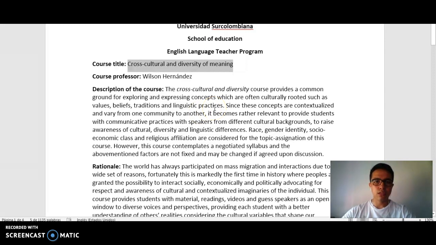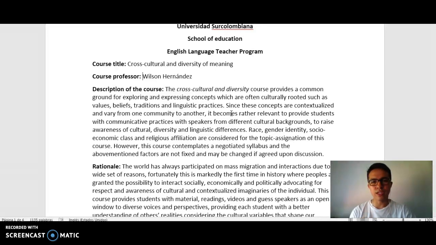I found something very interesting, and I think this can be fundamental for teaching our students in Colombia, not just telling them how to stand or how to participate in conversations with people from all over the world, and some of the basic principles of cross-cultural and diversity interactions, which are to respect and accept each other's ideas. But I think what we can focus on in teaching cross-cultural and diversity of meaning in our Colombian reality, and with the understanding of our Colombian characteristics, is we have to consider